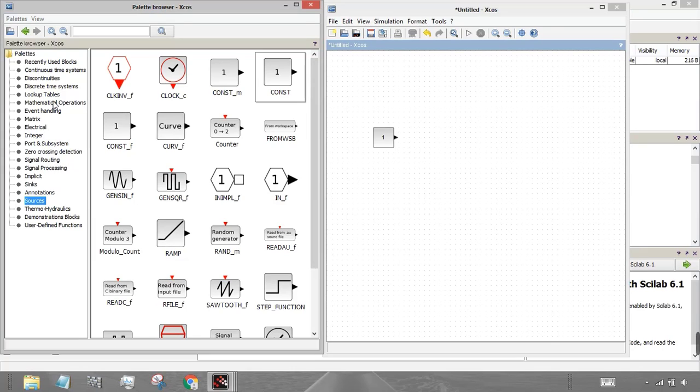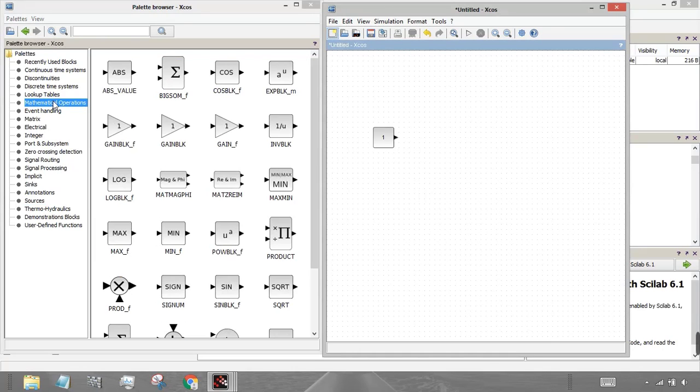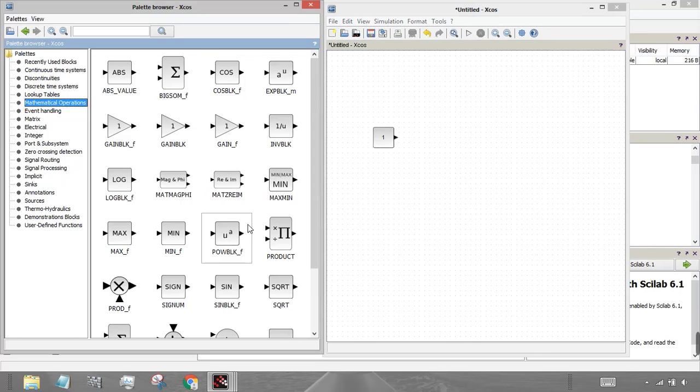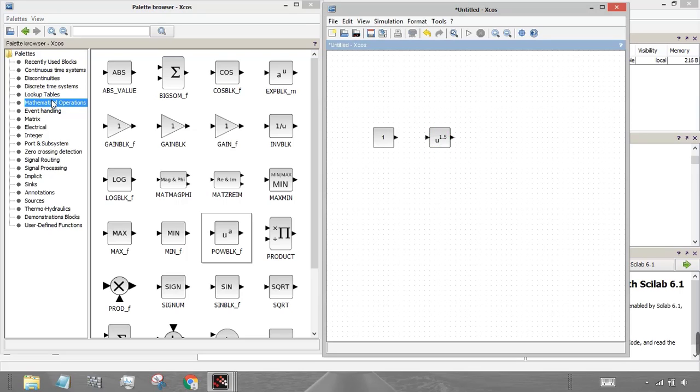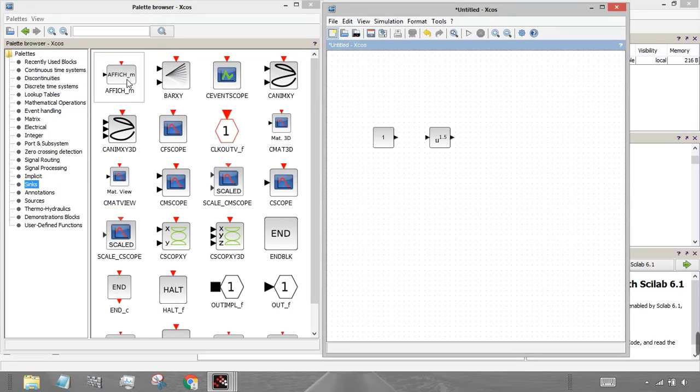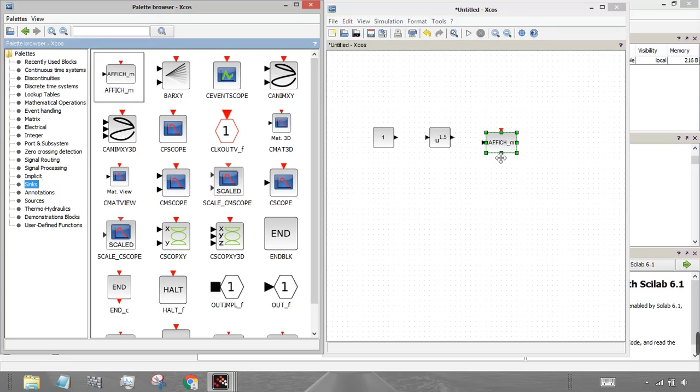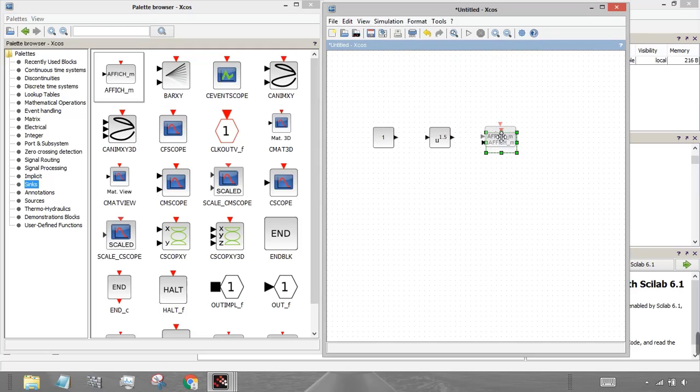Then go to this mathematical operation, as we want the area to be square value. Select this power block and then drag it onto the right hand side, and then go to this sink and select this display to display the area of square.